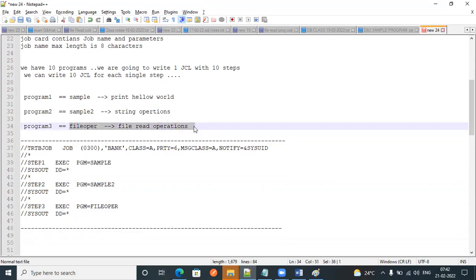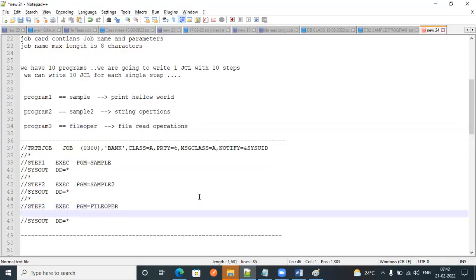If you want to read, we need a file. Earlier we used to upload a file into a folder, and then only the program accepted it. But here it is not like that. What we need to do is mention the physical file name we are using in our COBOL program, with DD.